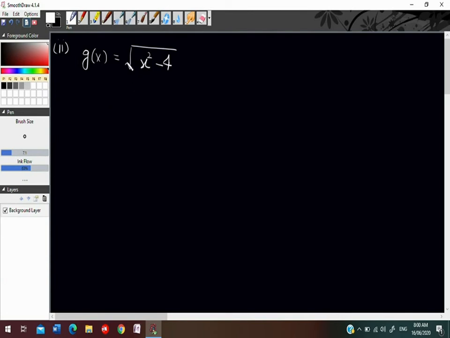We all know that when we have a square root of any function, we exclude those values of x for which we get imaginary roots of our function. For example, for real values of g of x, what we do,